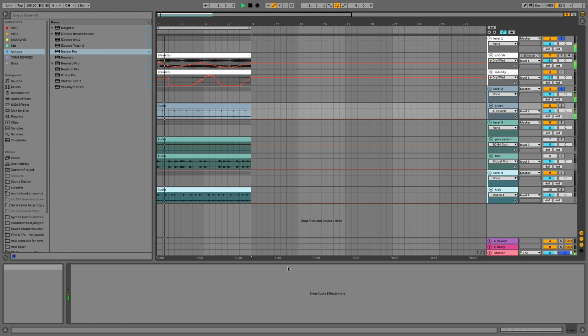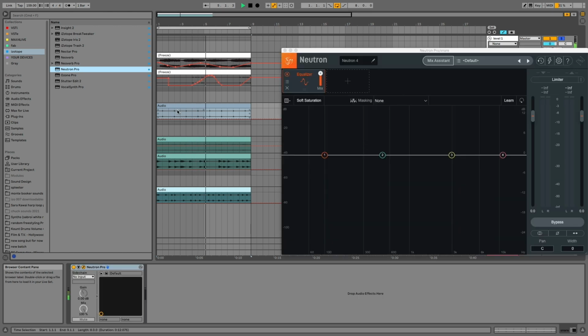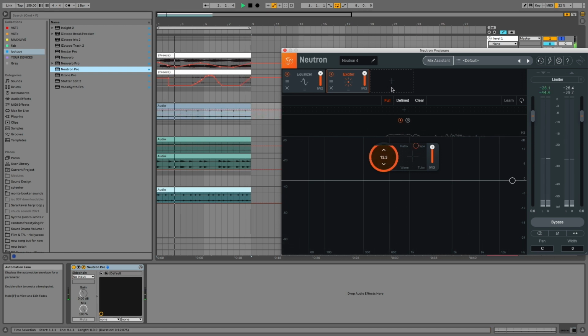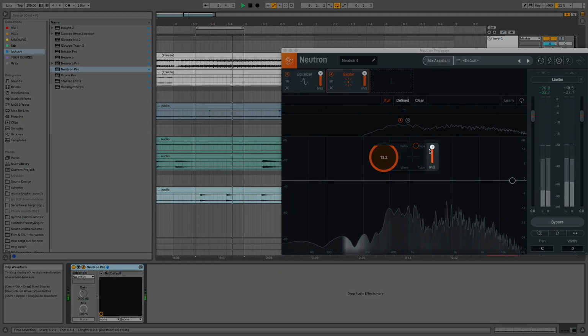Level 2 is automating with curved lines. This is best for when you want an effect to sneak up on your listener. I'm going to open up Neutron Pro and use the Exciter. This is one of my favorite modules in all of iZotope. The thing I like about the Exciter is there's 4 different modes to choose from. For this sound, I like how the tape profile is making the hits brighter and stick around longer.